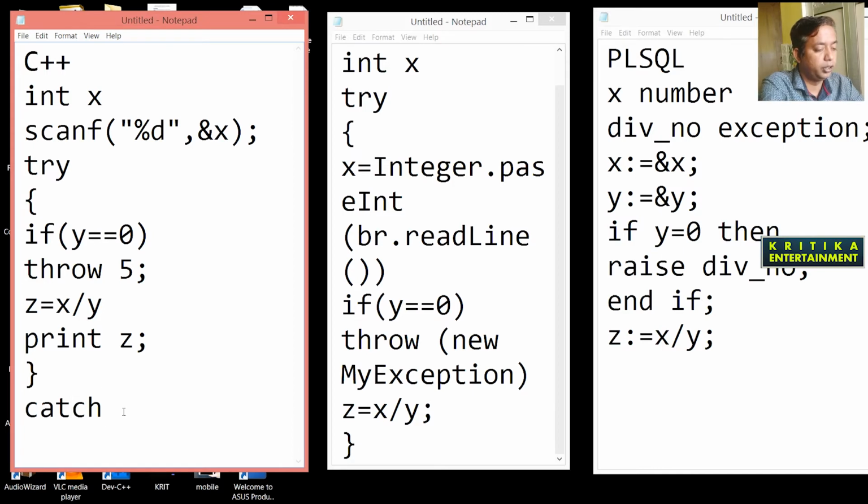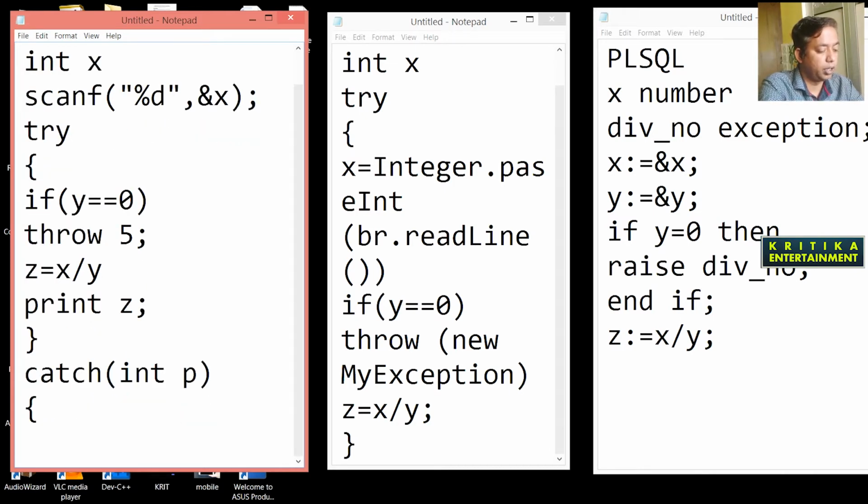Then here you will write the catch block. You remember which type of variable you sent: 5 is an integer, so it should be declared here as int, so that it matches for compatibility. Suppose I declare it as p. Then inside, what will we use, printf, sorry, cout, since it is C++.